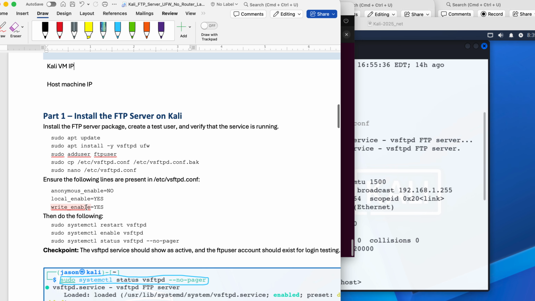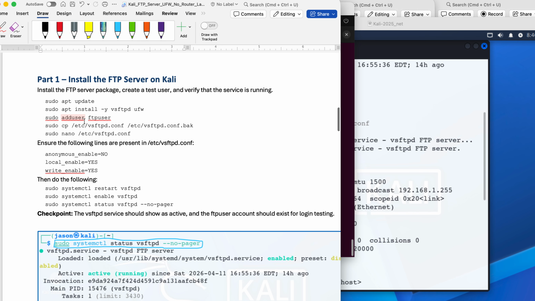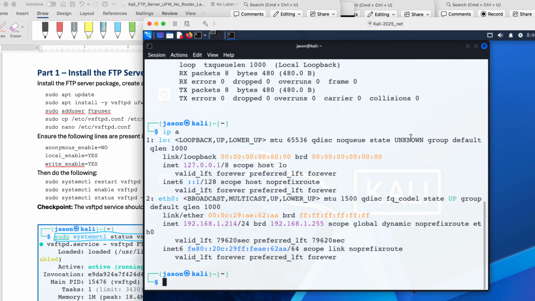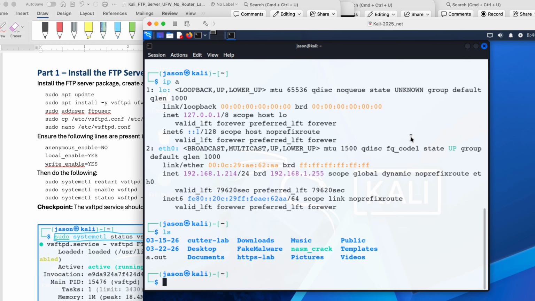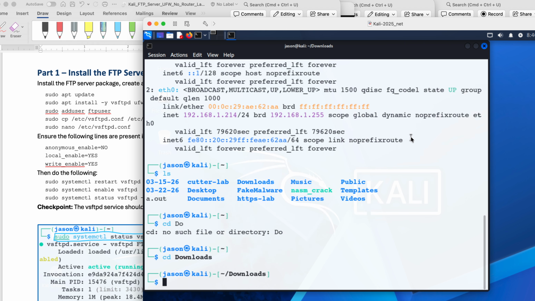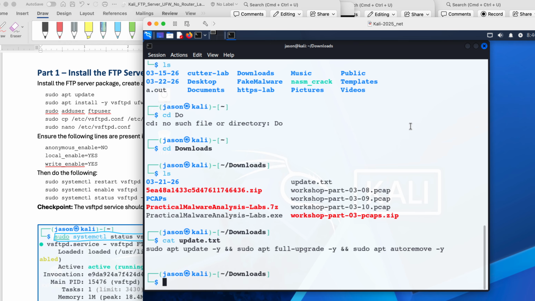Okay, and then we want to install the FTP server on Kali. So we have sudo apt update. There is a better command for that. So if I do cd downloads and I do ls, update.txt, so I'll do cat update.txt. So actually sudo apt upgrade -y,